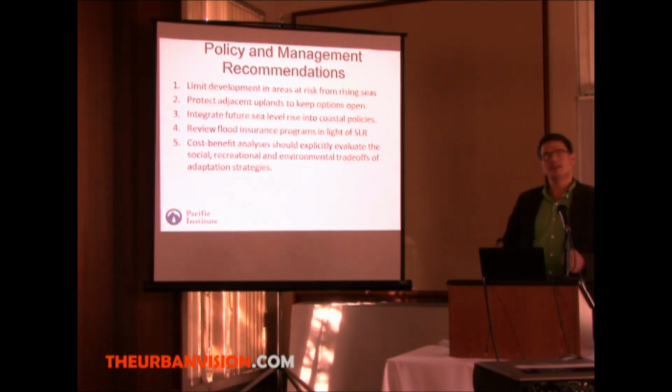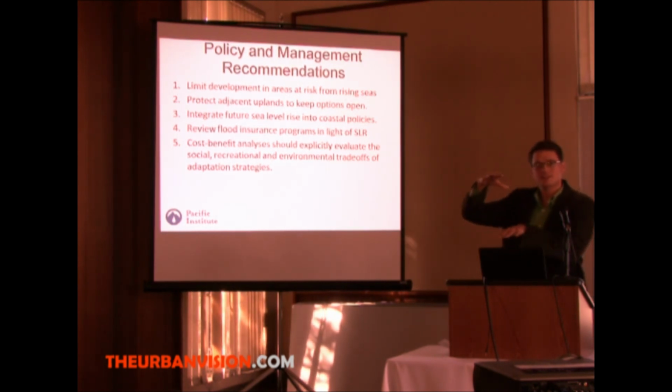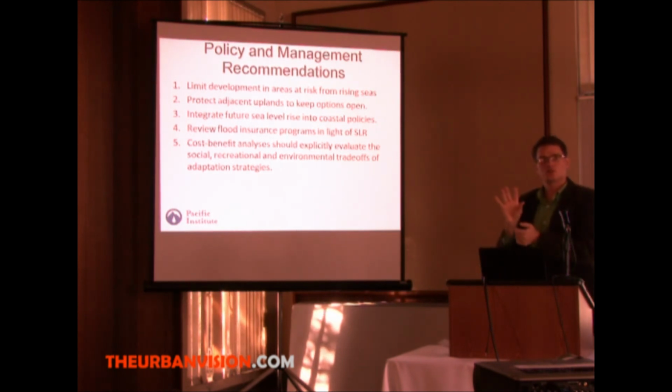So what I mean by that is, as sea level rises, we have these tidal wetlands that exist in the intertidal range between low tide and high tide. And as the entire tide regime shifts upward, these wetlands are going to have to migrate